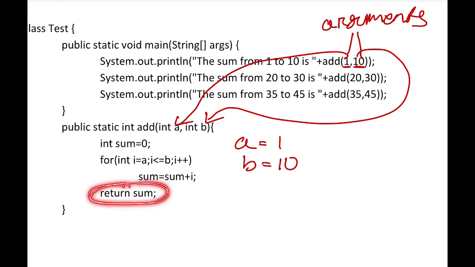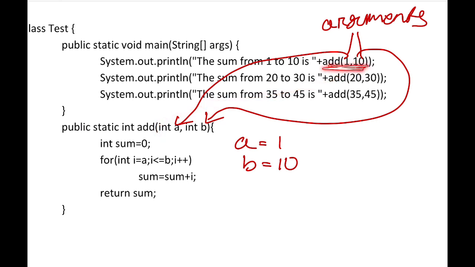So when the return sum is executed, the sum value is returned to the method that has called this add method. So who has called this add method? The main method called this add method. So the control comes here. When this method add finishes its task, the control again comes here.